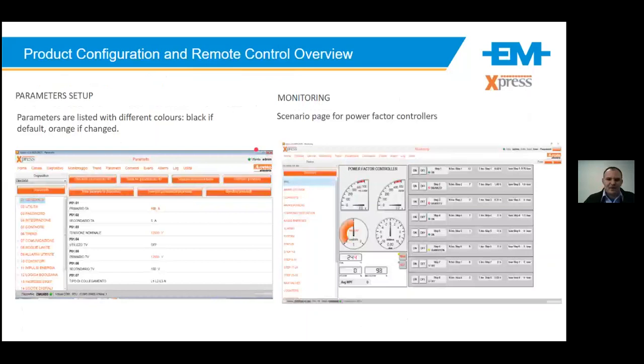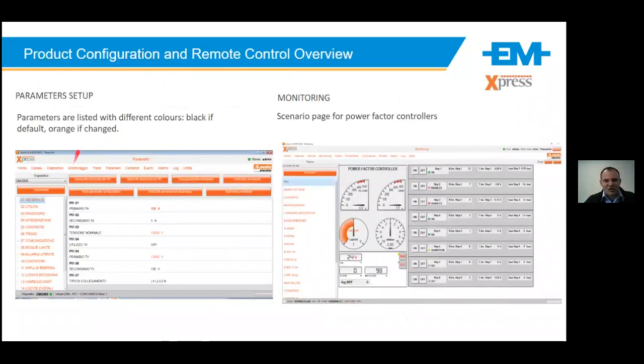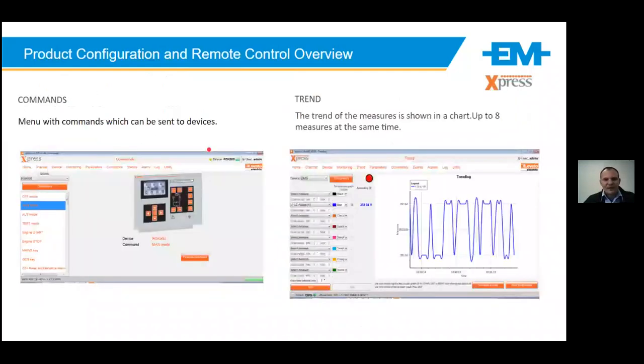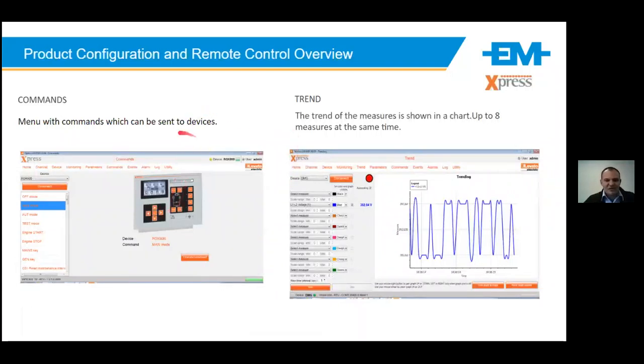So what is the purpose of the software? As I troubleshoot the customer site, I can go check or modify parameters. I can save those parameters to file for history purposes, so I know what I did on that site. I can monitor in real time what's happening at that point when I'm busy troubleshooting, which is very useful. You can trigger commands. So say you're testing a genset controller, or in this case, a power factor controller, to be able to set steps on and off and view the response in the system.